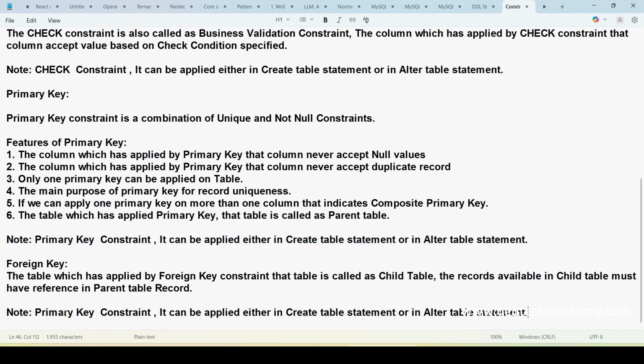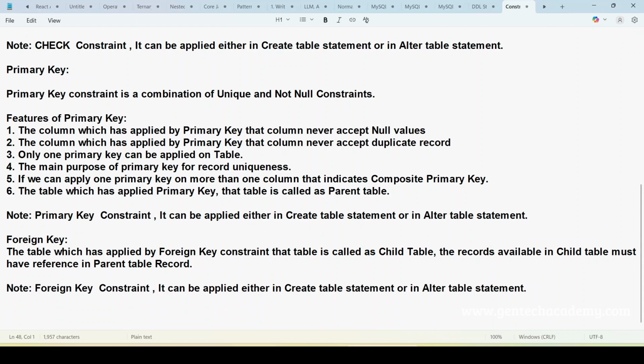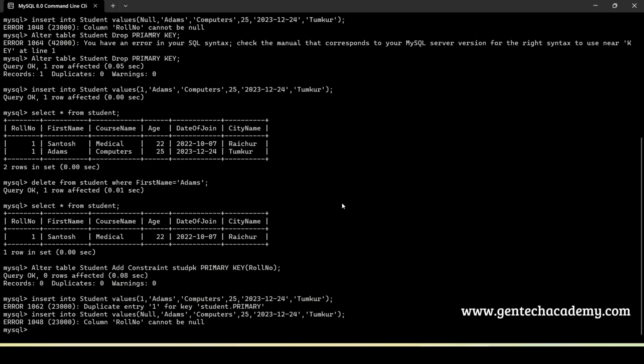Foreign key constraint. It can be applied either in create table statement or in alter table statement. So now we will try to see how we can apply the foreign key constraint in the create table statement. Afterwards we can go with the alter table statement. So first